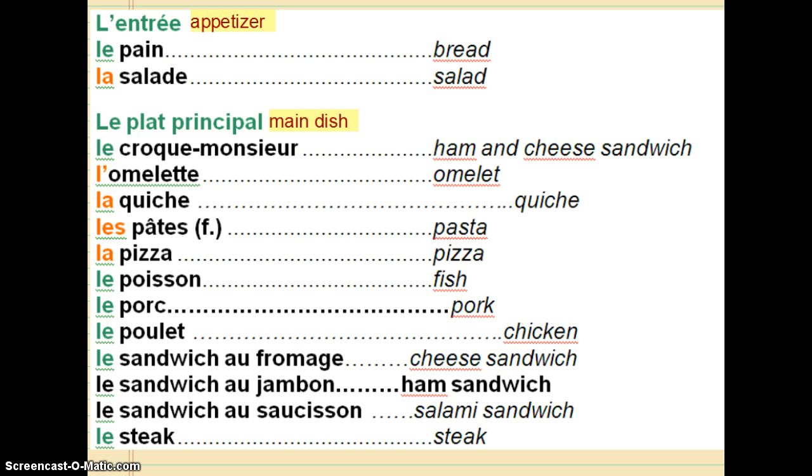Please notice it's not le poison, and if you've ever seen The Little Mermaid, in The Little Mermaid, the chef sings about loving to cook les poissons because he loves to cook fish. Anyway, le poisson is fish. Le porc. Le poulet,